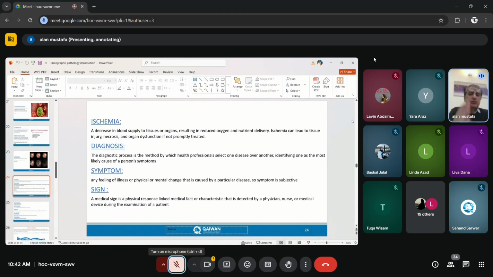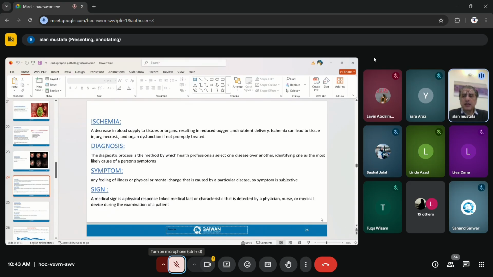If I am a patient and I come to you and tell you I have a headache, this is a symptom. When you examine me, if you see a small lesion here during examination, this is a sign. What the patient tells me, what he or she complains of, are the symptoms. But the thing that I find in the patient during the examination is the sign.